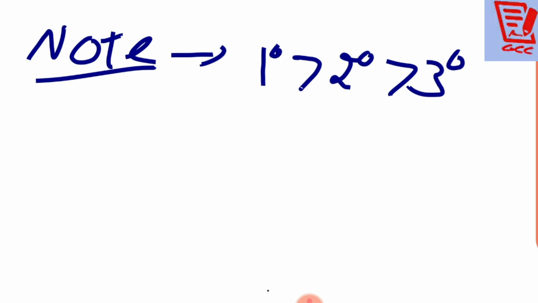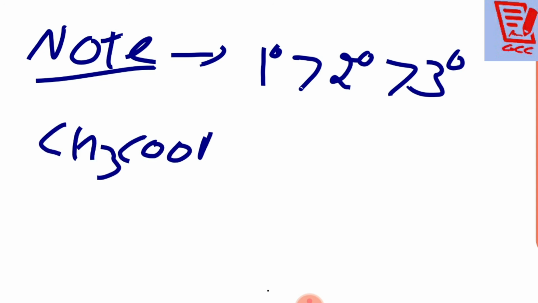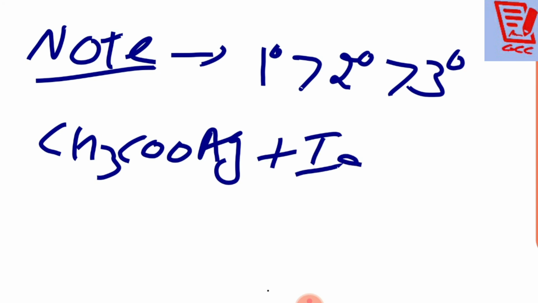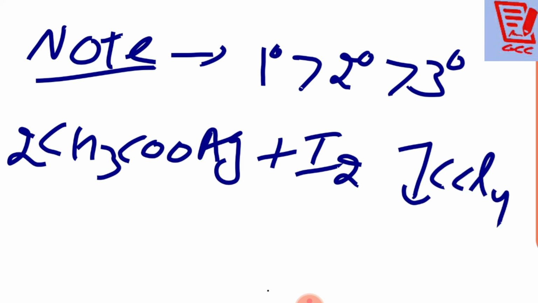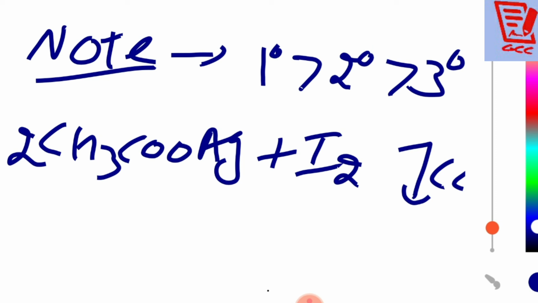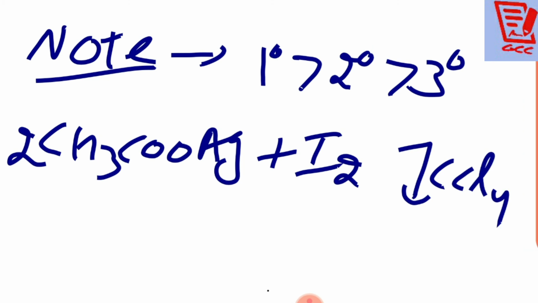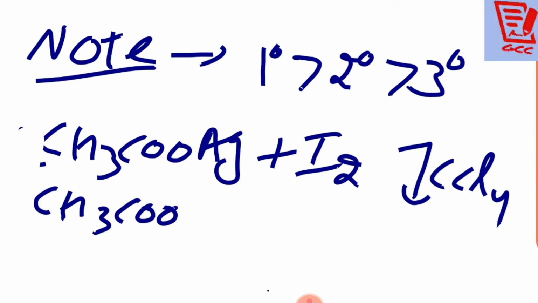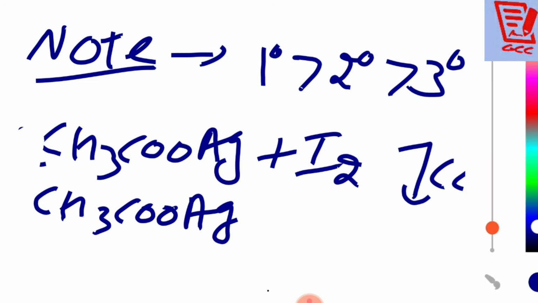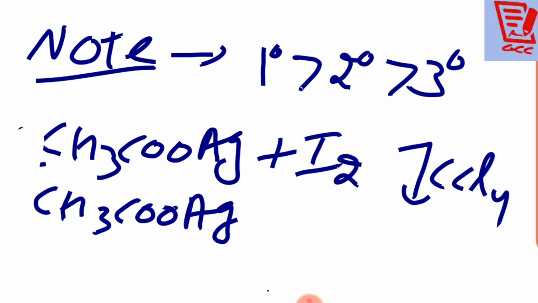Yield means the amount of haloalkane will be low. But at the place of chlorine, if we are using iodine, beta, then we are getting esters in the presence of CCl4. Okay, student, see, I'm writing it, all of you. Suppose this CH3COOAg, I am writing like this, CH3COOAg, 2 moles are there. Then after that, what we are getting over here, you must see, we are getting an ester over here.